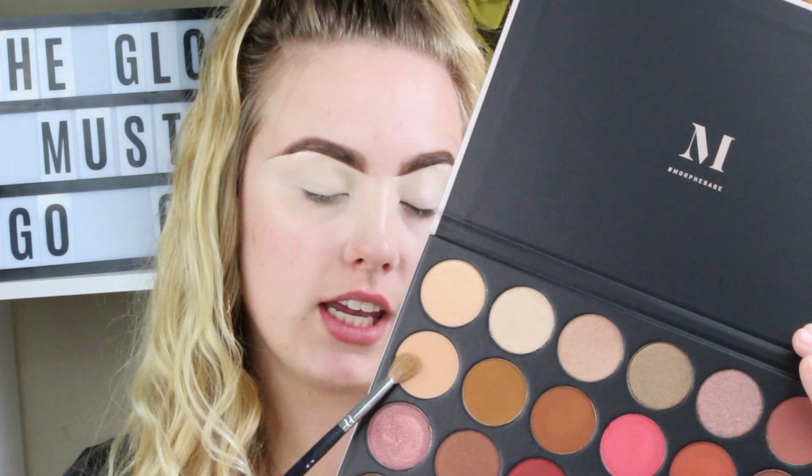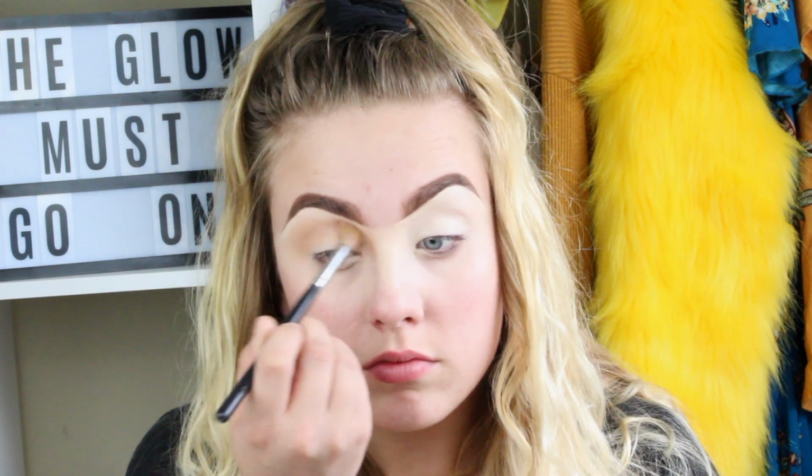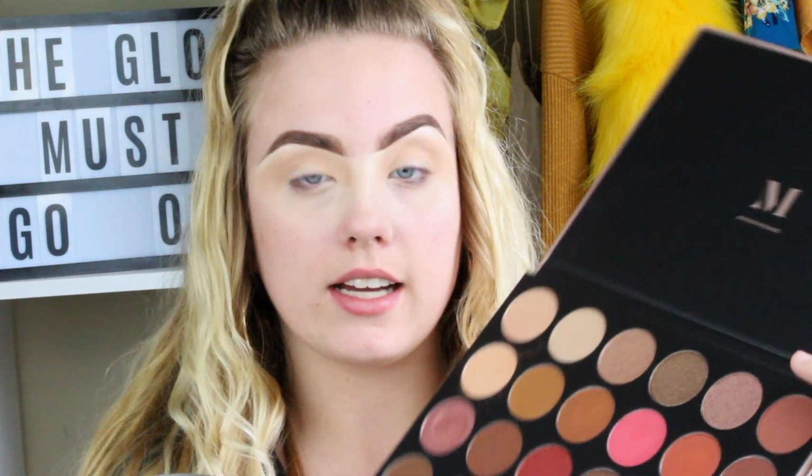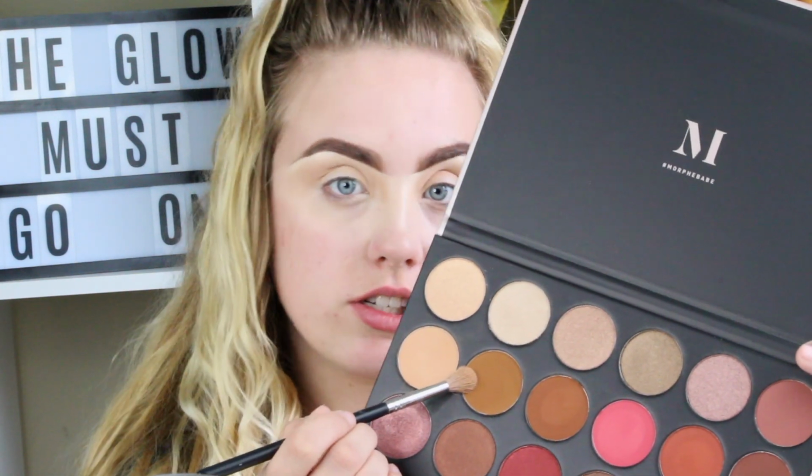Okay, to start, I think I'm going to go into this shade right here. It reminds me of Peaches and Cream by Makeup Geek. I'm going to go into that shade and put that in my crease. Okay, so I think I'm going to go into the shade right next to that and just deepen up the